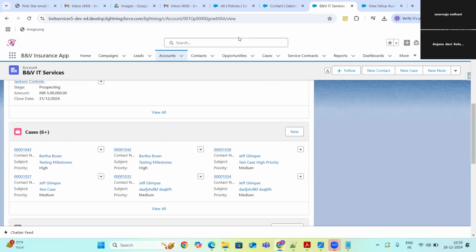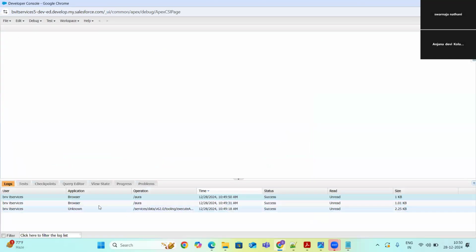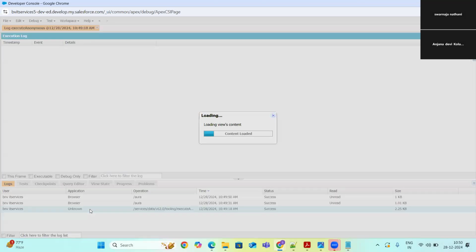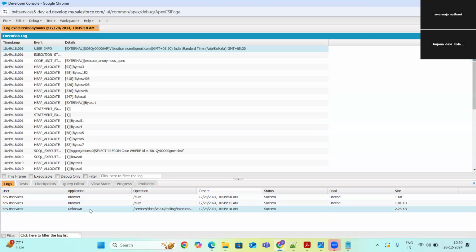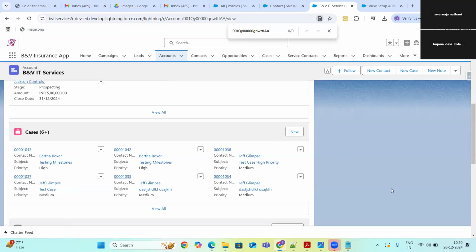And this is the same account, right? I expected that should delete the cases, but it didn't delete them. Select ID from case. Okay, I understand the problem.